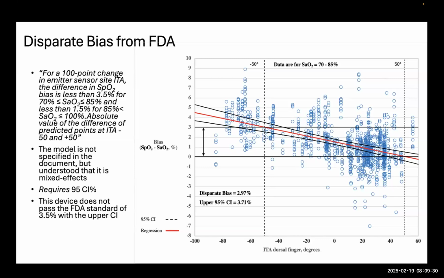I'm going to point out that this, with the 95% confidence limit, did not pass. It was not within the 3.5% that the FDA requires. But I just wanted to give people kind of a visual feel of how this calculation looks. And in some ways, it's really not that challenging. You can see there is an overall trend. It's important to note that because the confidence limits of a regression widen as you get further away, this means the confidence limits of a difference from the extremes is going to be fairly wide.